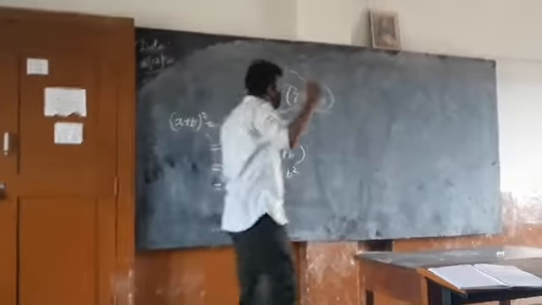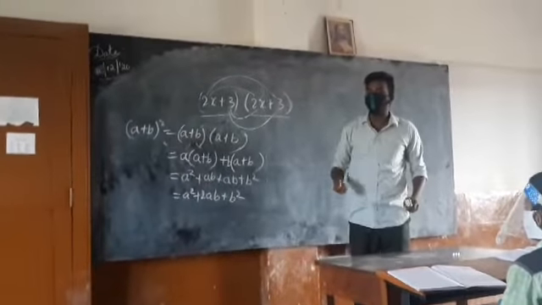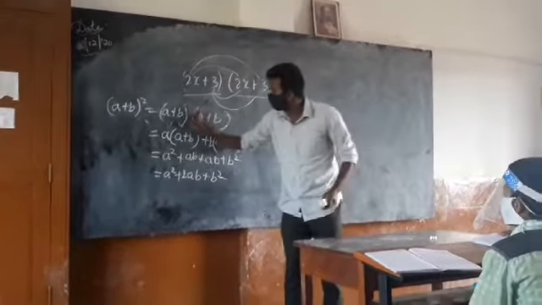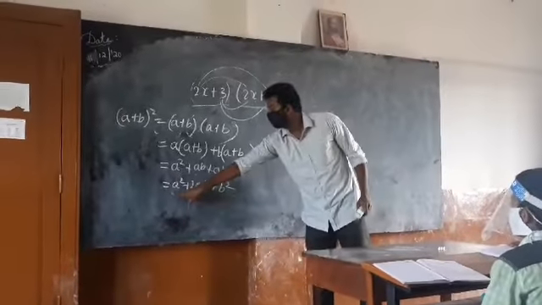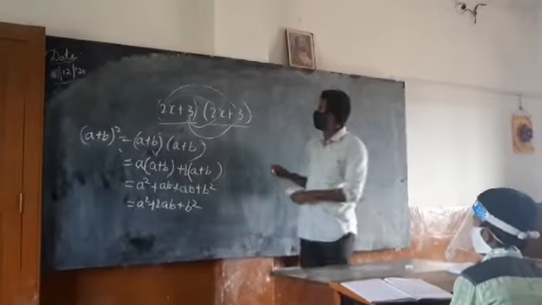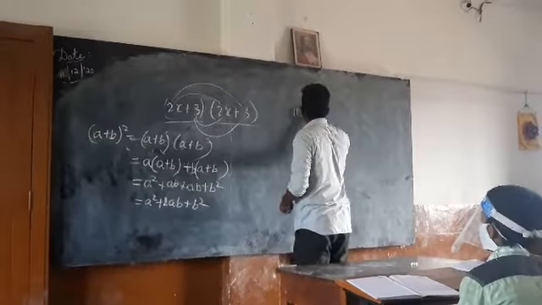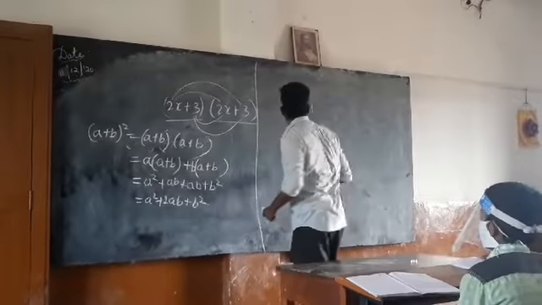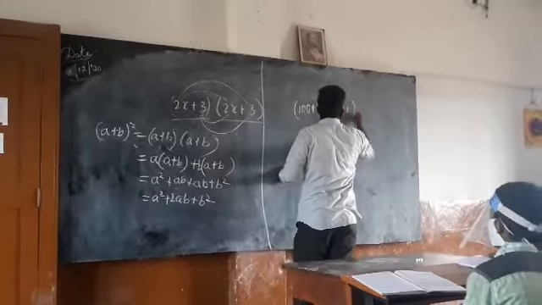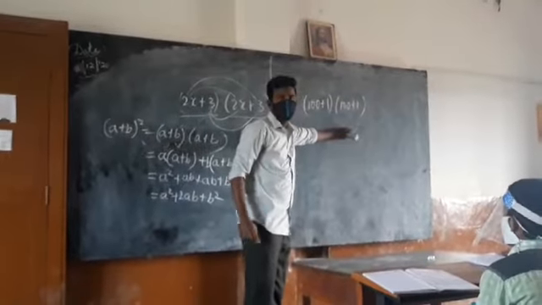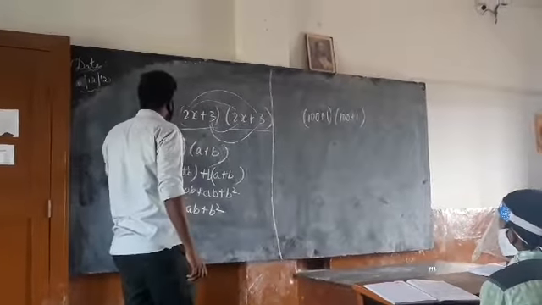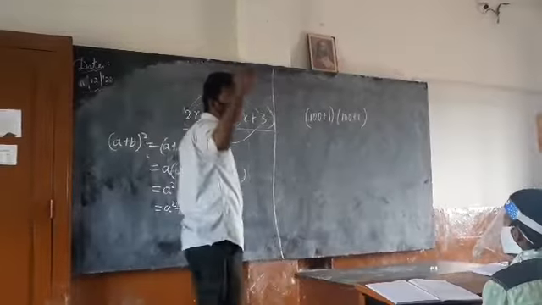So what we need to focus on here is, if any binomial multiplication is happening in this way, instead of doing all this process, you can directly apply a square plus 2ab plus b square. Say 100 plus x is there. 100 plus x into 100 plus x. It is asked to do. Two binomials. But if at all you need to follow all this process, it takes a lot of time.